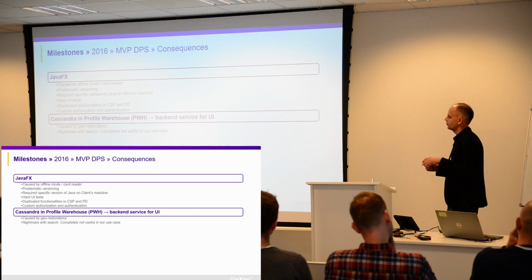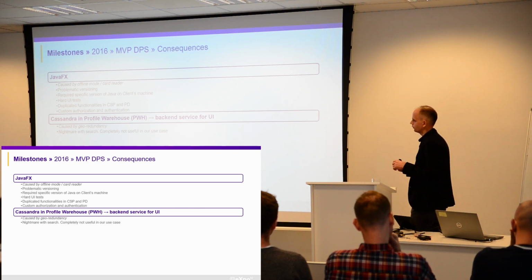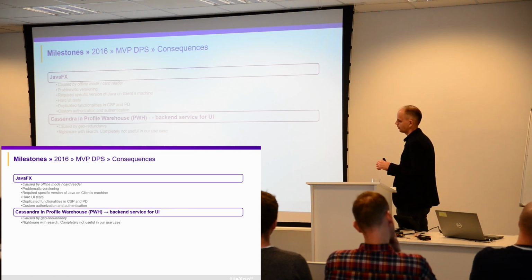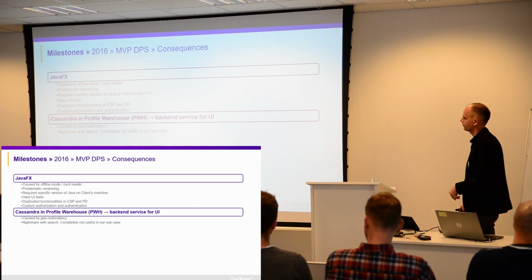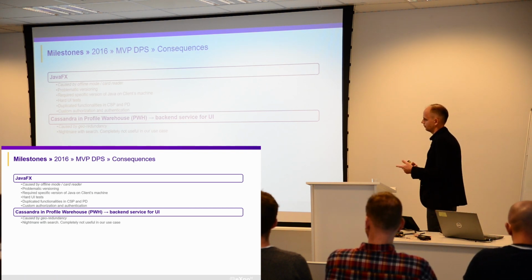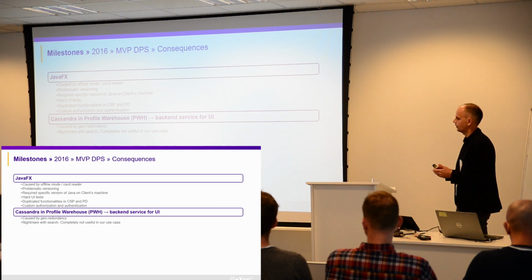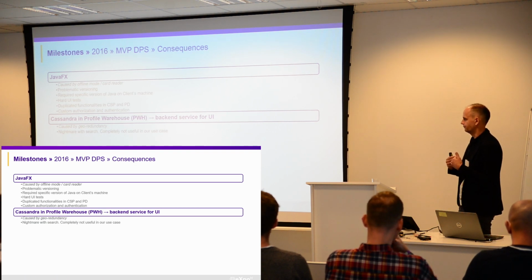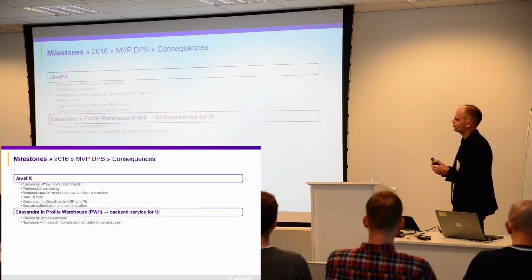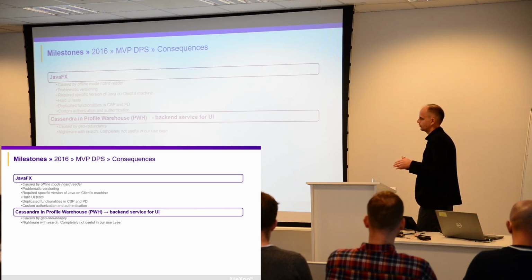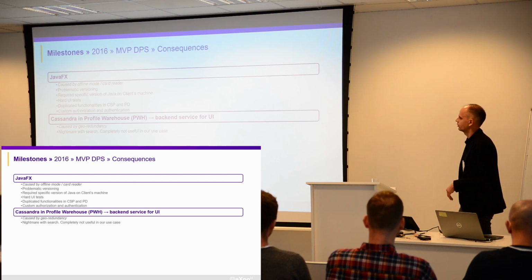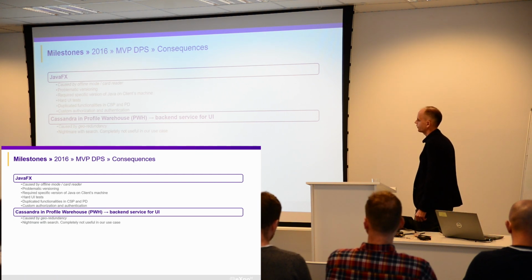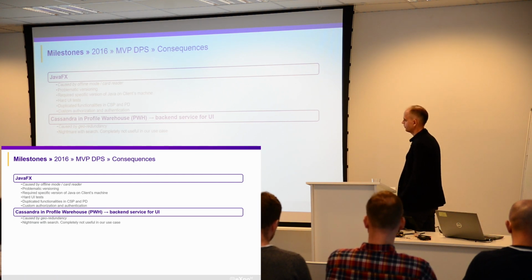So it's very important to see whether this constraint is ours or taken from outside, because sometimes we make something a constraint, but maybe this is functionality, and functionality can be negotiable. But in the case of constraints, it's fixed. You shouldn't change it. That's why we still have Cassandra in Profile Warehouse, but this is the backend service